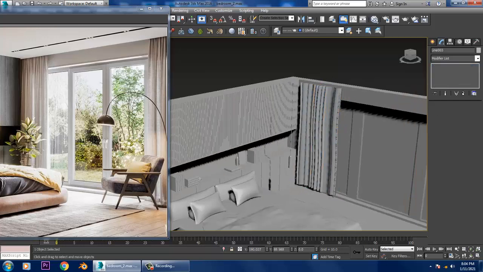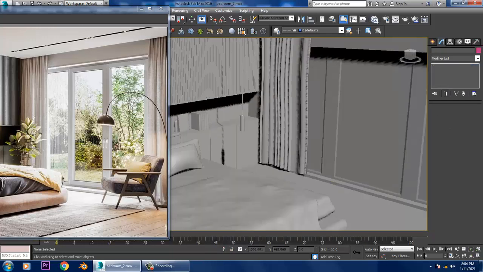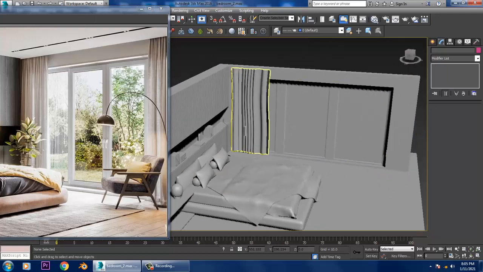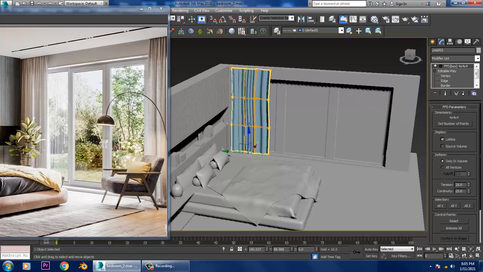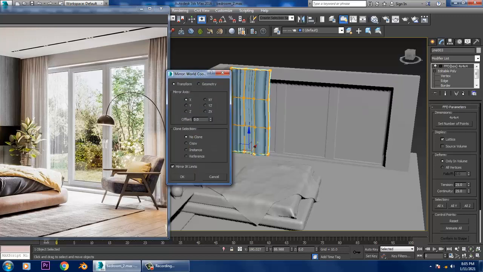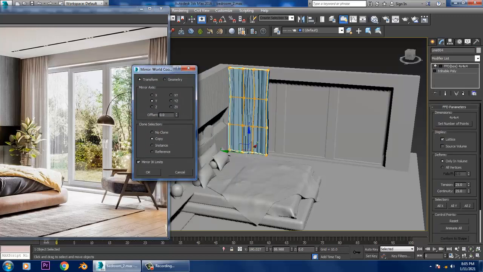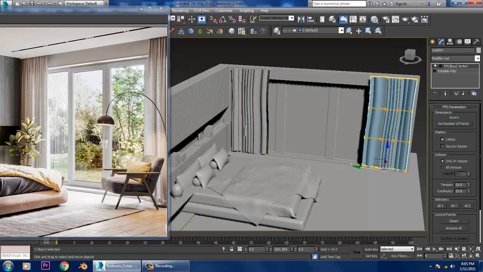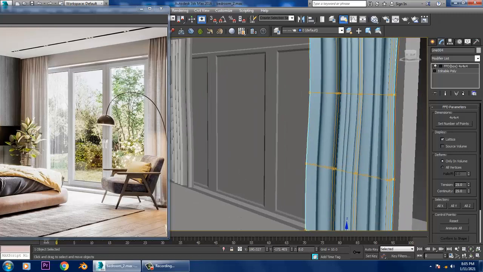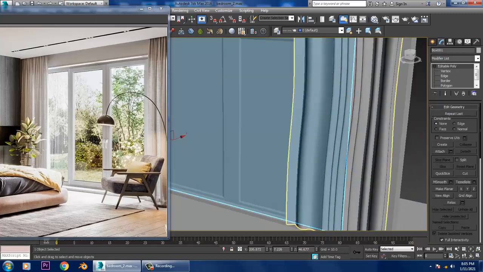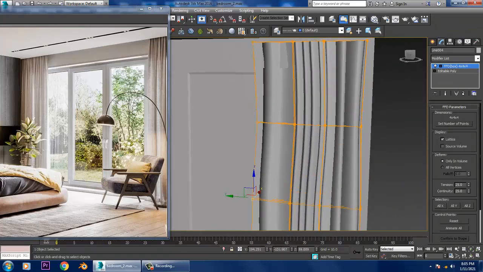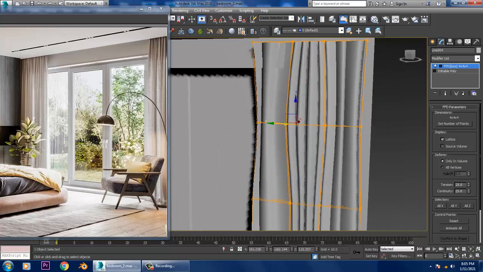After that let's select this and let's give a bit of mirror over here. I'll take a copy and push it into y-axis over here. Select this, again go into this and slightly push it inside, drag it over here.